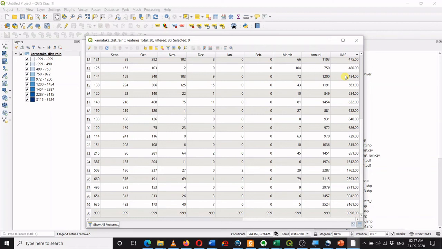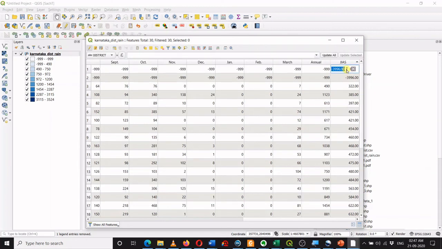Turn on the editing mode, replace these values with minus 99, enter, minus 99, enter, and minus 99, enter. Okay, so now you have all these values correct. I will save these changes,